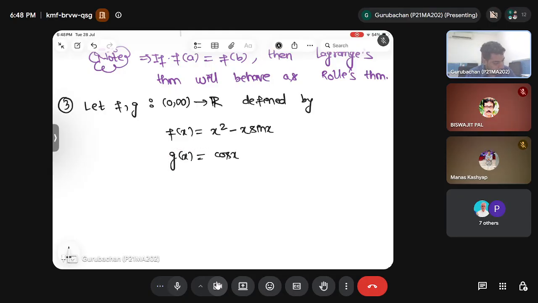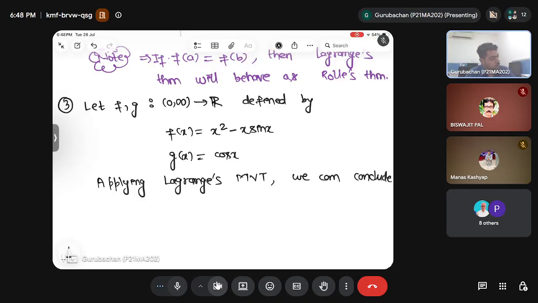Now, applying Lagrange mean value theorem, we can conclude that, I'm giving you the 4 options. The first one is